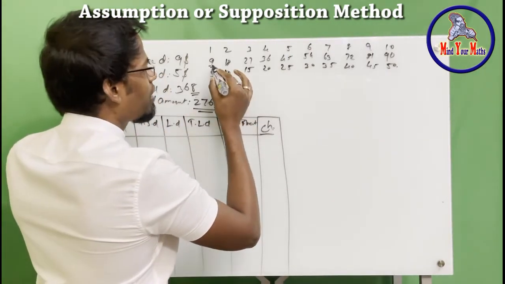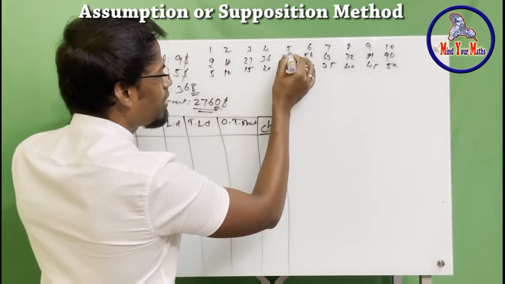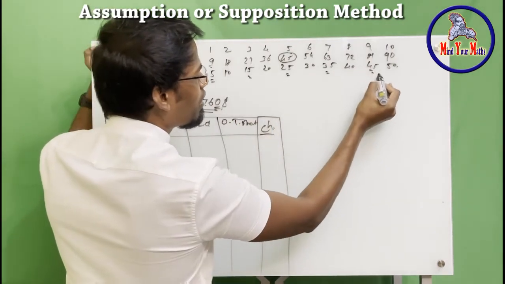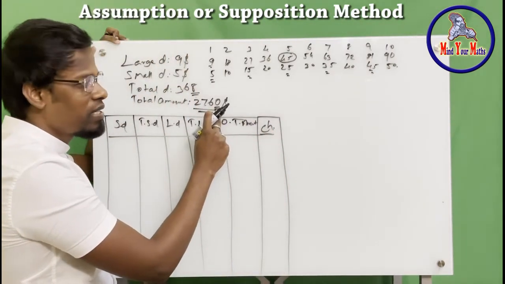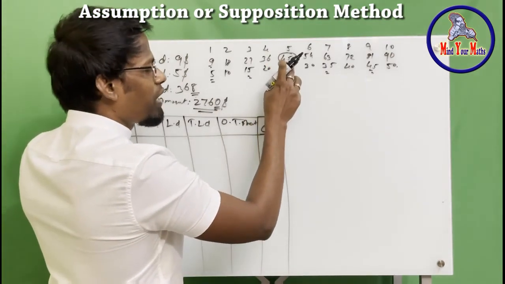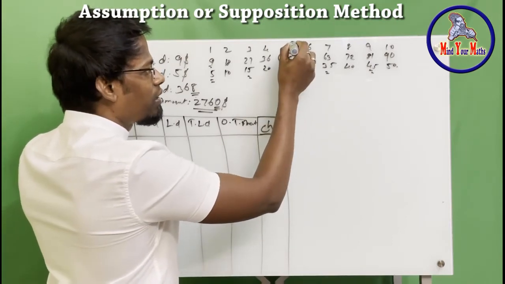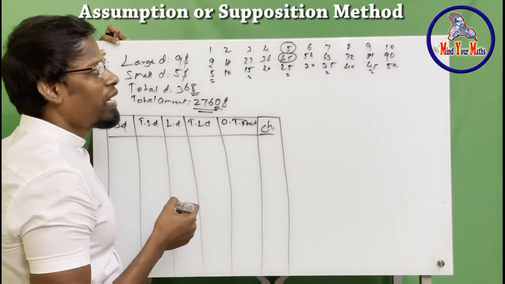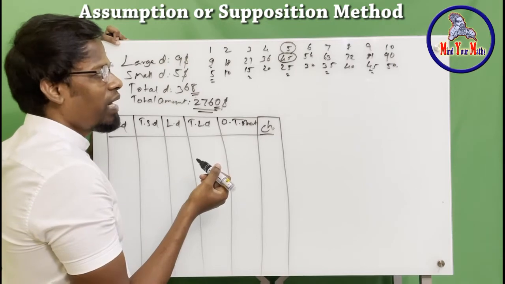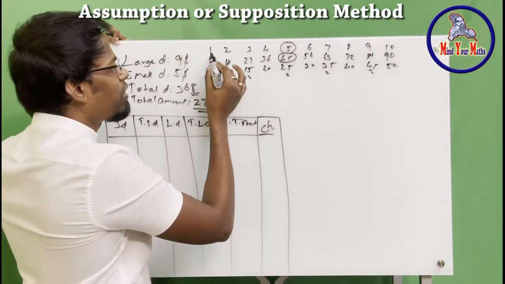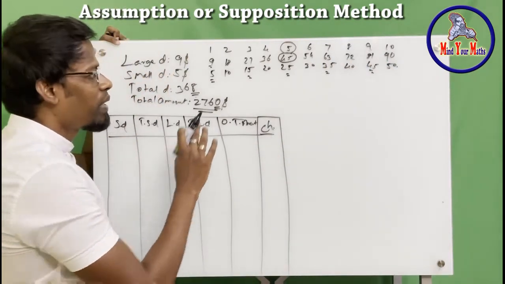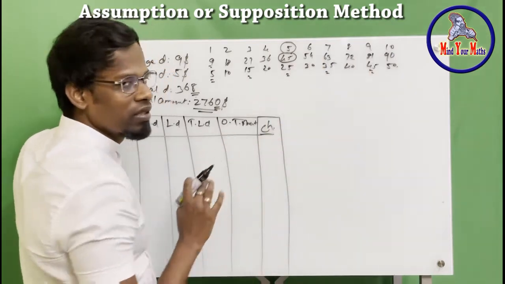Here 9, 18, 27, 36, nothing. See, 45 can be added with any number ending with 5, and then you will get 0. So one possibility is that you multiply the large durian by any number ending with 5, and for the small durian, you can pick any number ending with 1, 3, 5, 7 or 9, because that is where we have all the 5s.